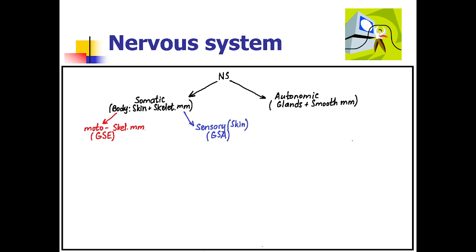Guys, somatomotor from now on will be in red in every diagram, and that means I will start my processes from motor neurons and reach skeletal muscles with them, and those processes I will name general somatoefferent. Efferent means descending.